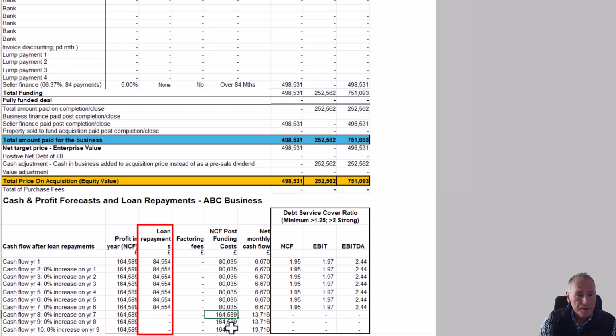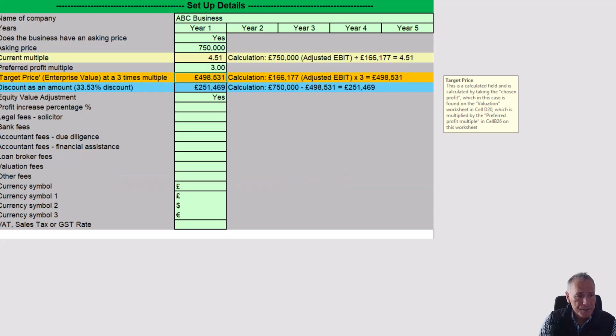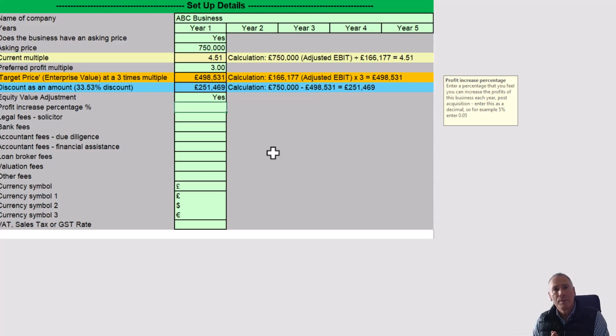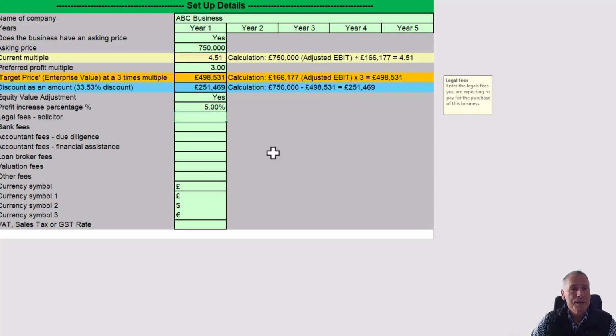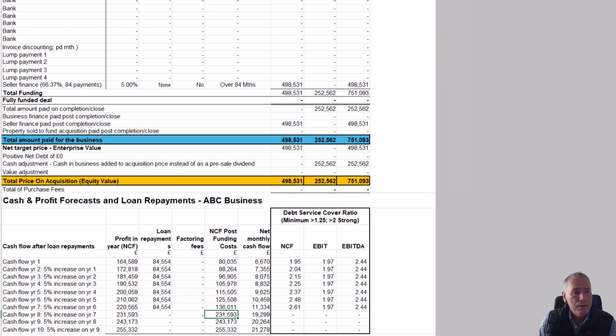But one extra function that AcquiCalc has is to say that you might think, well, actually, I can improve the sales and I can improve the profitability of that business by putting in a percentage here. Now, certainly when I bought my business, I increased it significantly from a similar amount to what this business was making per annum. In other words, £1.6 million of sales and around about £120,000 of net profit, to nearly £3 million of sales and over £250,000 in profits. So let's just be conservative and put in 5% increase and show you how this will affect